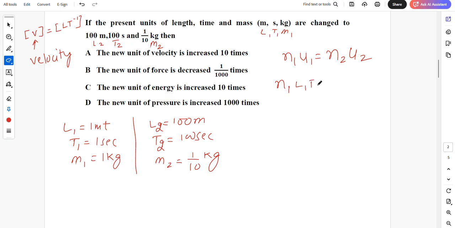Now in place of U1, I can write this as L1 T1 to the power of minus 1, equal to N2, which I have to calculate, that is L2 T2 to the power of minus 1. In place of U1, I am writing the same thing with 1 here. In place of U2, I am writing the same with 2 here, L2. There is no M here. Now, I have to calculate N2. N2 is equal to N1